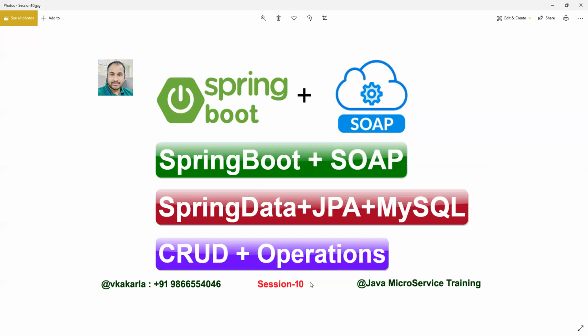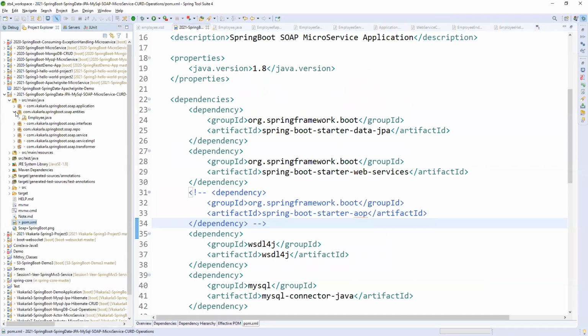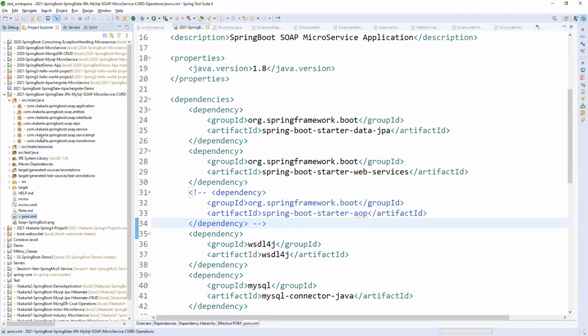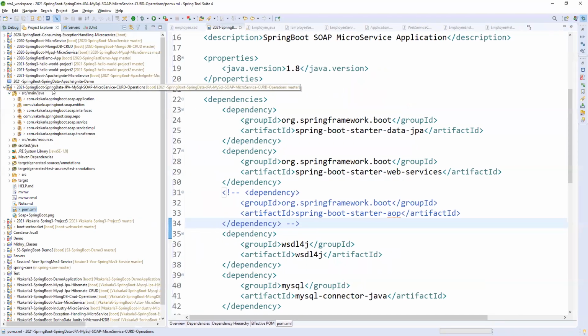Now I'm going to jump into our application. So this is our application. Before expanding all the packages, you can see the project name: Spring Boot, Spring Data JPA, MySQL, SOAP, Microservice, CRUD operations.